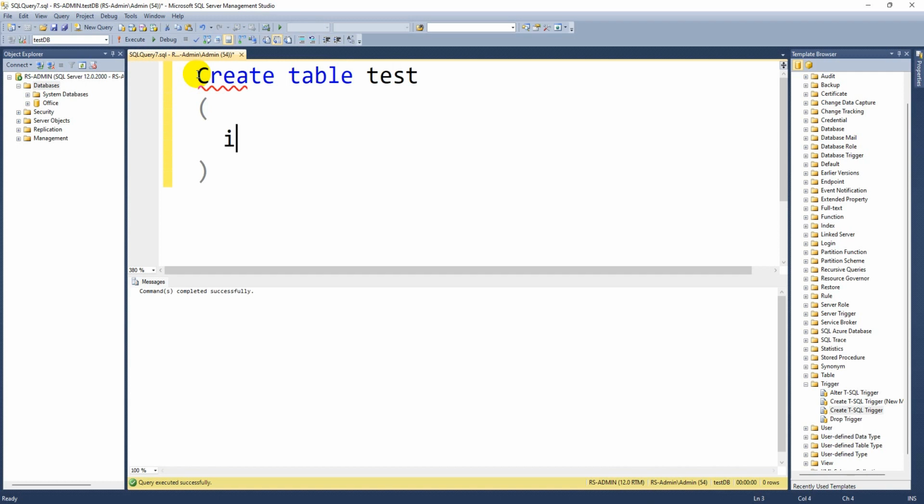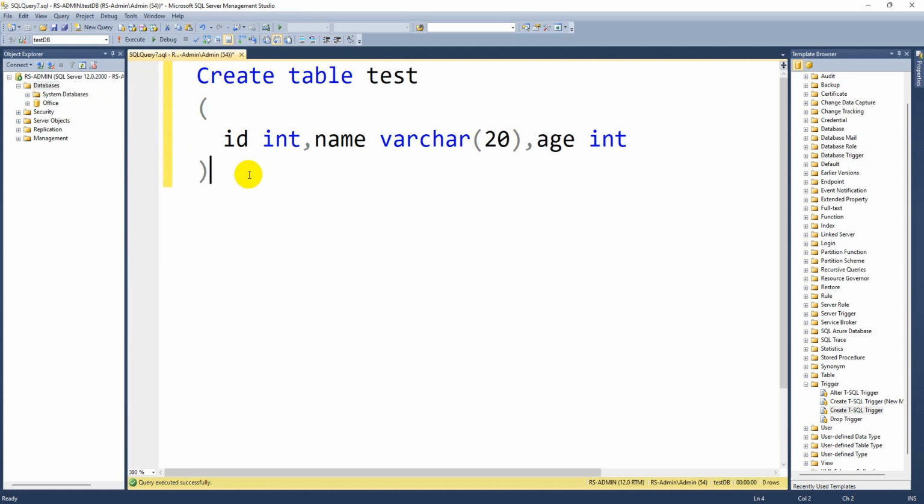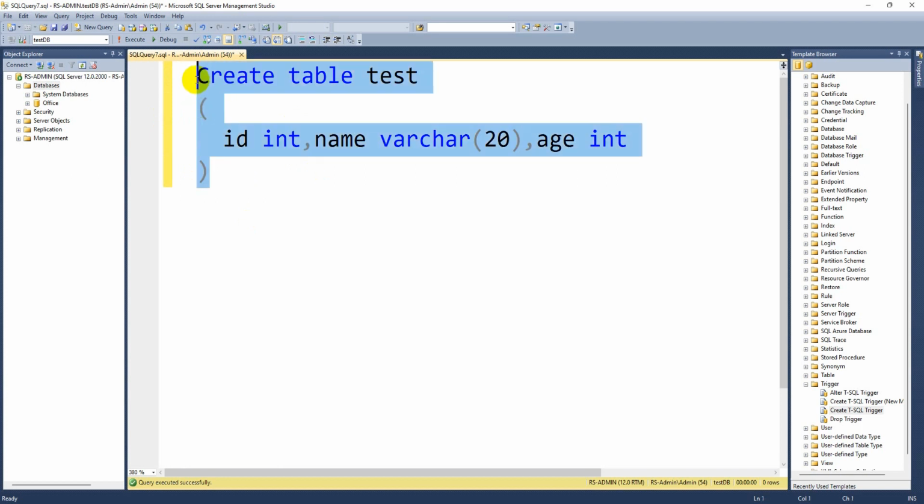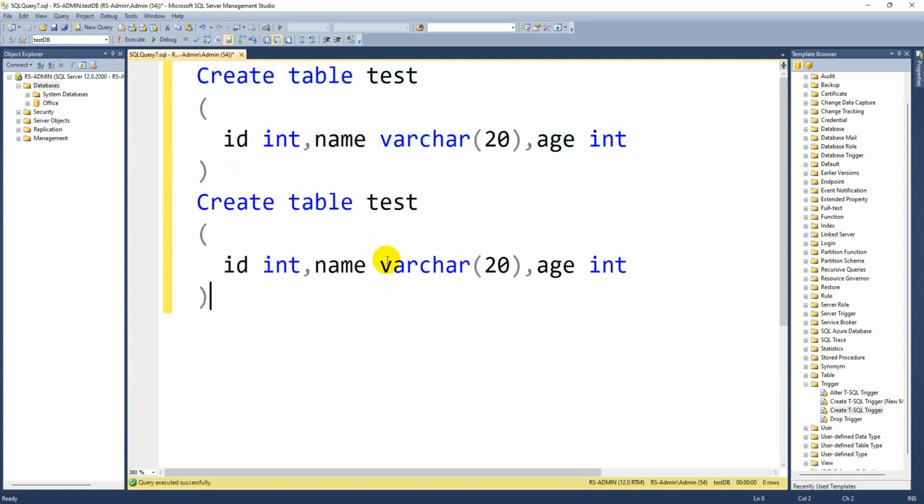Here we have ID integer, identity, or else let's take a normal one, ID, name and age. That's it. Here, whenever there is an insert in this particular table, I just want to make a log. I just want to make a copy of that particular information inside another table. That is the reason I am going to take another table, test data backup.